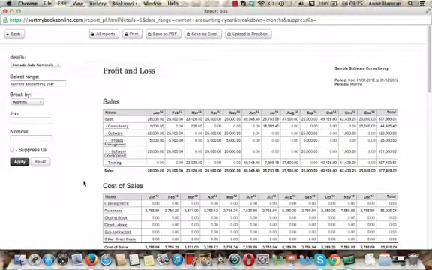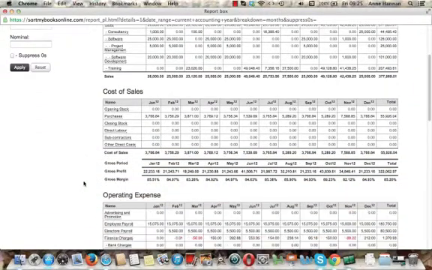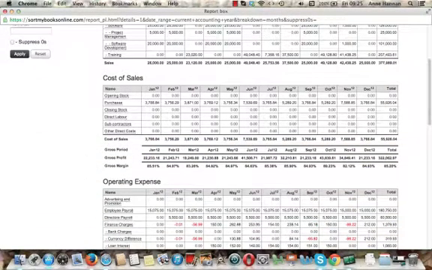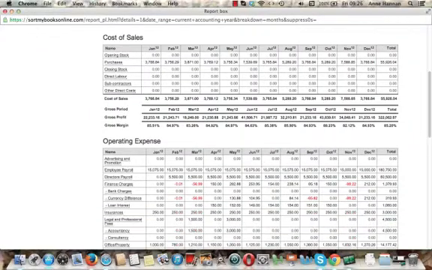So this is the kind of information you'll be able to have by tailoring the chart of accounts to specifically your business. If we scroll on down, we can see a cost of sales. It's not relevant for every business, but if it is a factor in your business, what this will give you is you'll be able to see what is your cost of sales. So then you see down, you've got a gross profit and a gross margin. So that's very helpful if you want to know how much sales, if each sale has a cost attached to it, so you know how much of that sale is profit, which would be available to pay